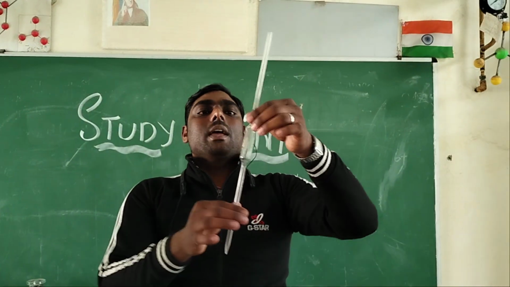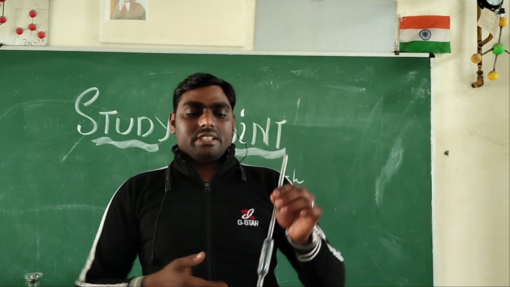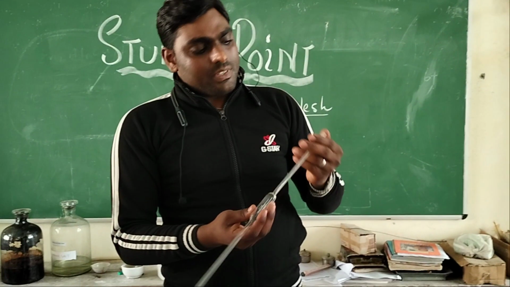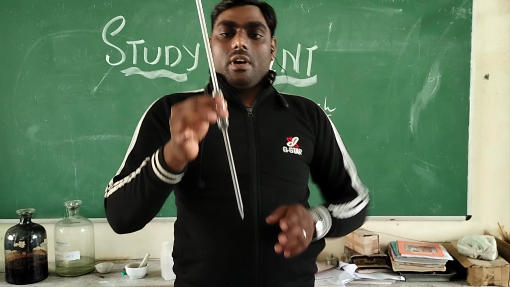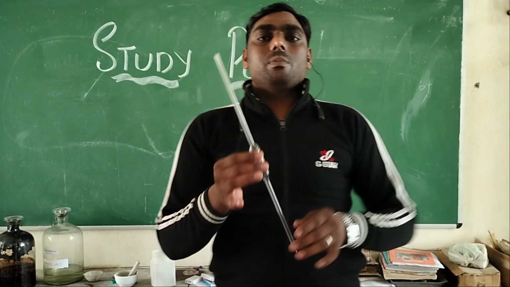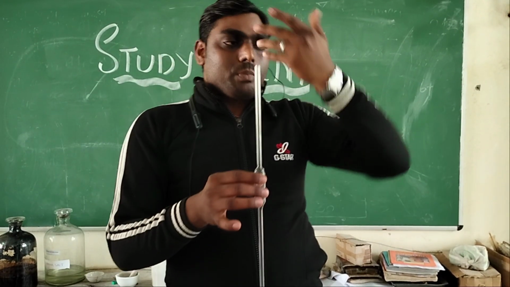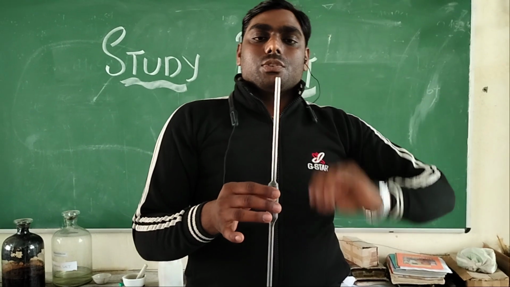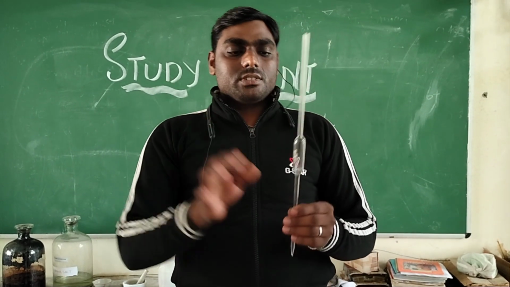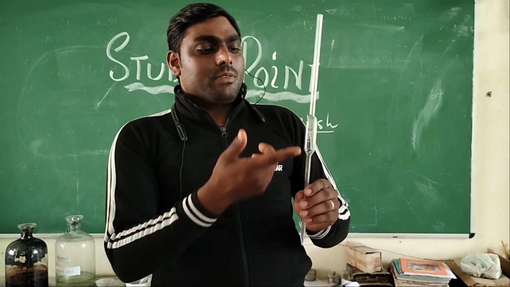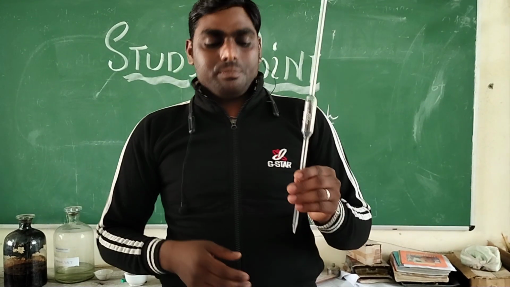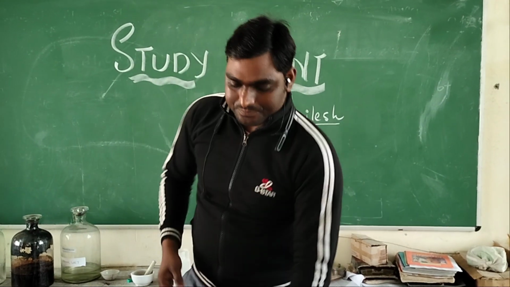Another equipment that is used is known as pipette. It is used to suck different chemical substances with the help of the mouth. While using a pipette, a lot of precautions should be taken so that the chemical substance is not sucked inside our mouth. So it should be used with great precaution, and it comes in different measurements. 20 ml as well as 25 ml pipettes are also present.